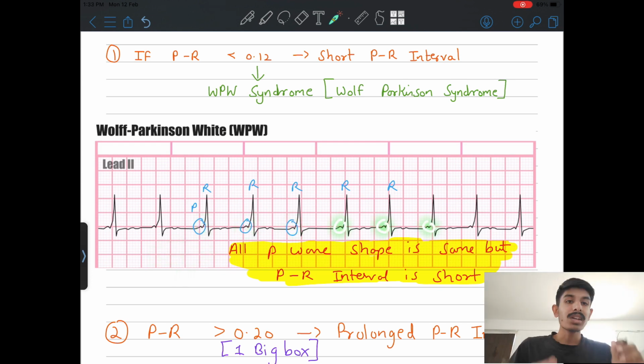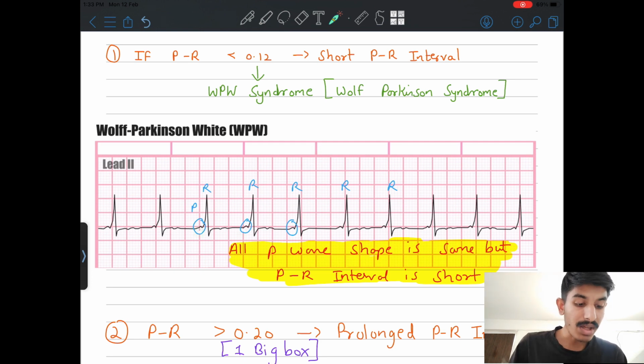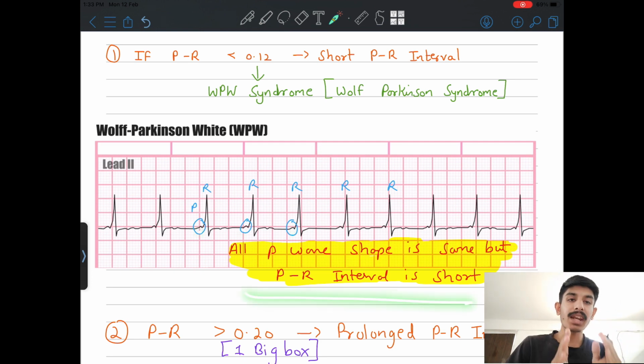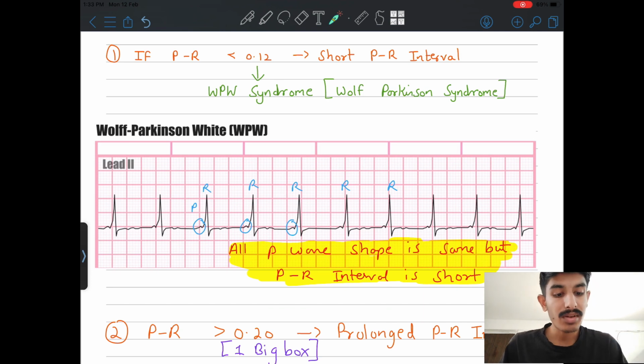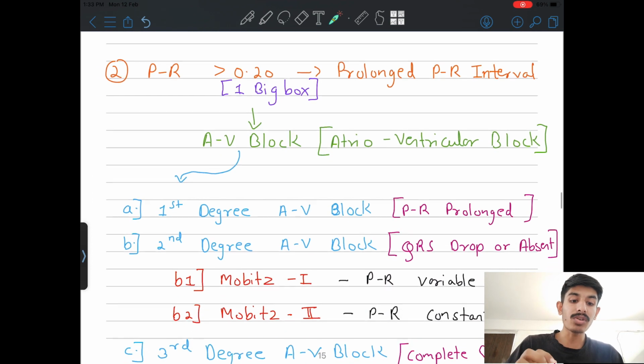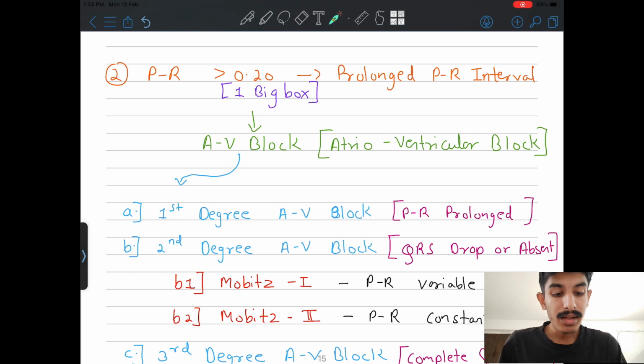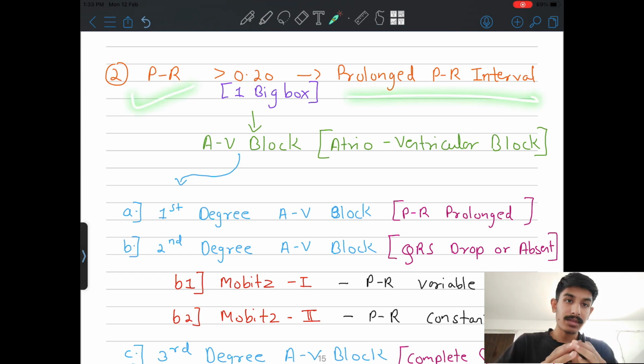Just look for the P wave, and the P wave shape is also the same. Everywhere you can see the P wave shape is the same, but the interval between P and R became short. That's why it is known as Wolff-Parkinson-White syndrome. Okay, rule out these things, because always go for little things in the ECG and it will give you the diagnosis. Okay, then next part, if it is prolonged, like it's taking more time now,